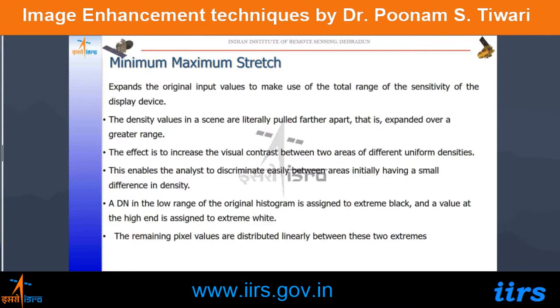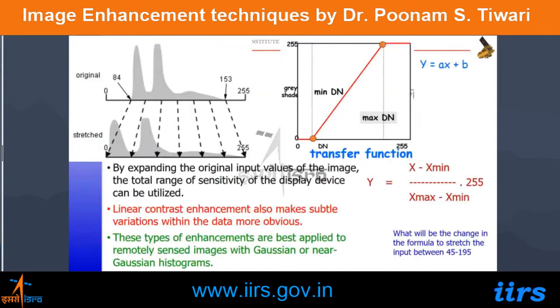So as you can see here, in the input data, the pixel values were ranging from 84 to 153. After stretching, the pixel with 84 value has now been brought to 0, and the one with 153 value is now brought to 255. And all the in-between values are stretched linearly to fill in the entire range from 0 to 255. If we plot a graph between the input brightness value and output brightness value, we will observe that